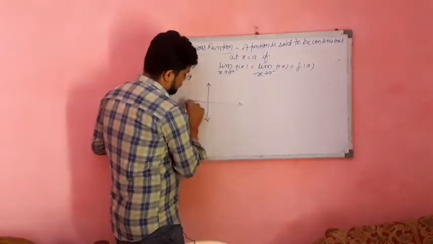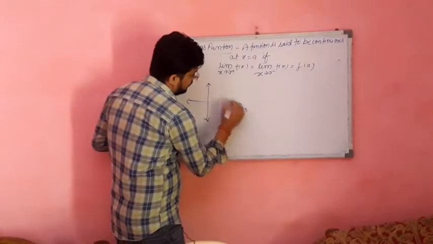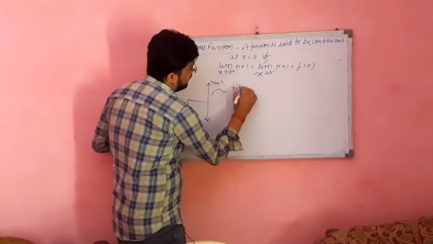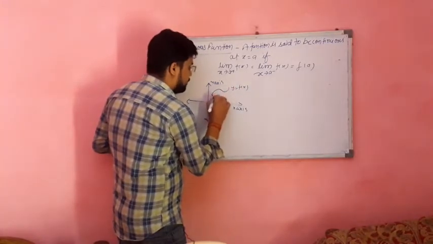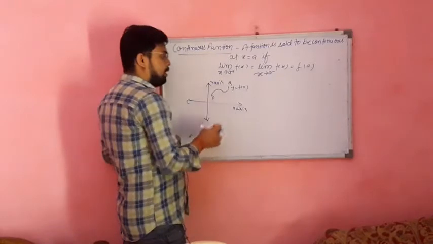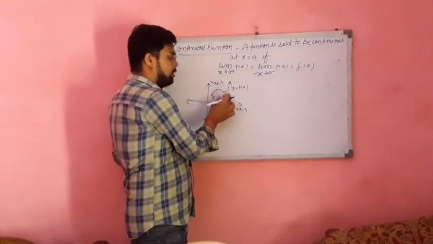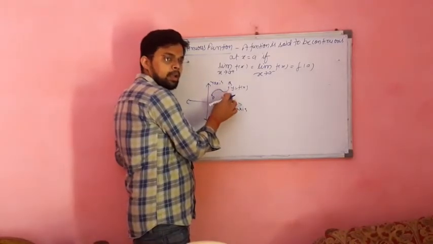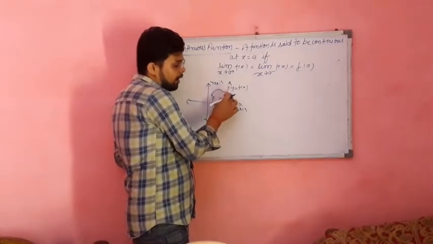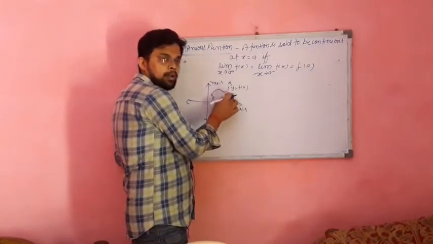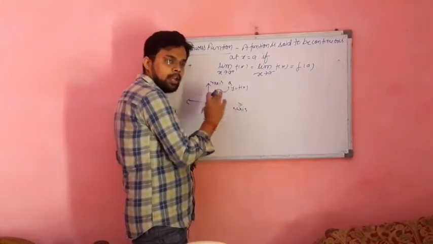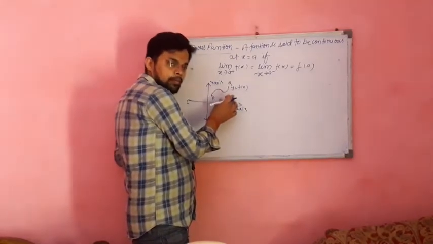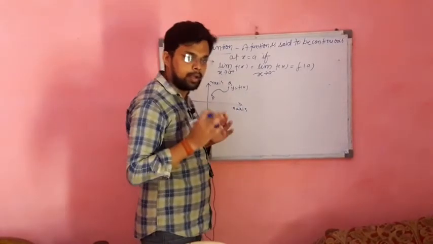Let this be the x-axis, this be the y-axis. Let this be the graph for y is equal to f of x. Let this be point P and this be point Q. Students, see this curve. Between point P and Q there are infinite points, and at all those infinite points this curve is continuous because this curve is not breaking at any point. So this graph represents the continuous function graph. Understood? Now I will draw the graph for discontinuous function.